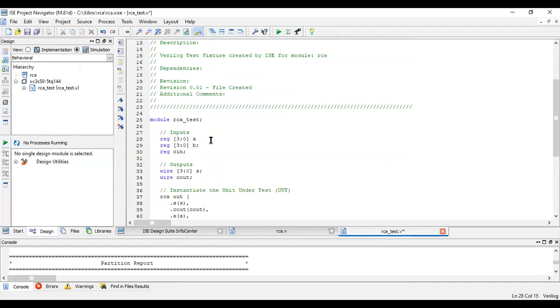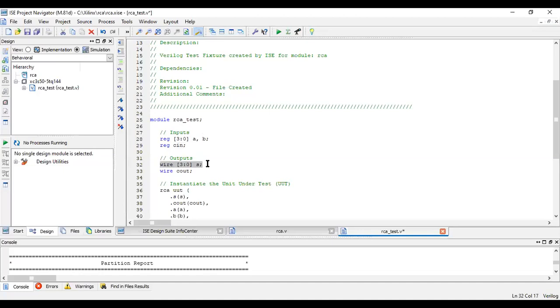Now, see, I can write A and B here directly, which will mean that A and B are each 3 down to 0. But Cin is 1 bit in size. Cin is a scalar which is 1 bit in size. So I cannot combine Cin and write it over here. That's why it is written on a separate line. Everything of the same bit size can be written in a single reg declaration. But those of different sizes should be declared differently.